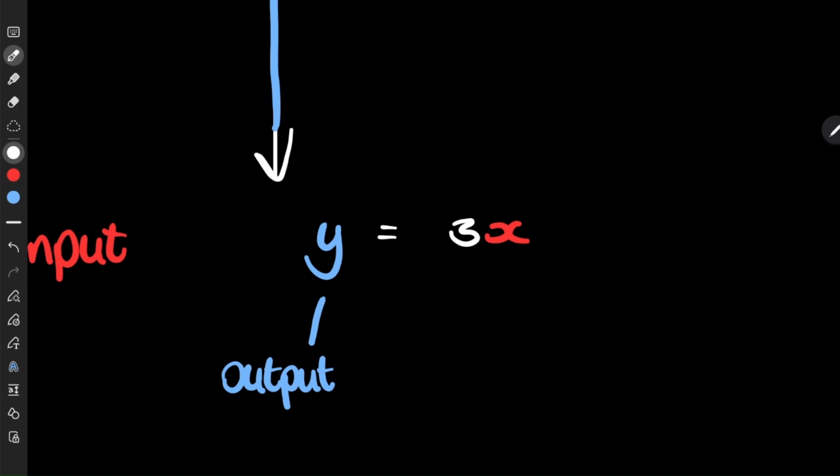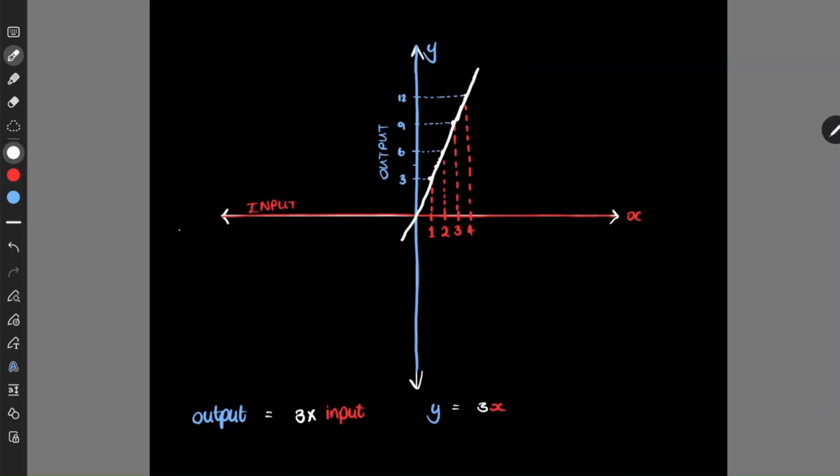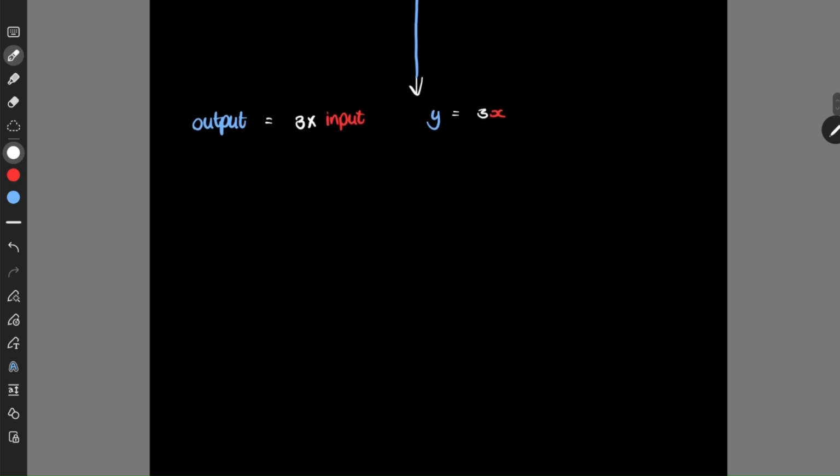This video kind of assumes that you know algebra, and that 3x means 3 times x. Yeah, so it's equal to 3 times the input. That makes sense to you? I hope that's clear. Okay, now that we've sketched this, let's take a look at what would happen if we